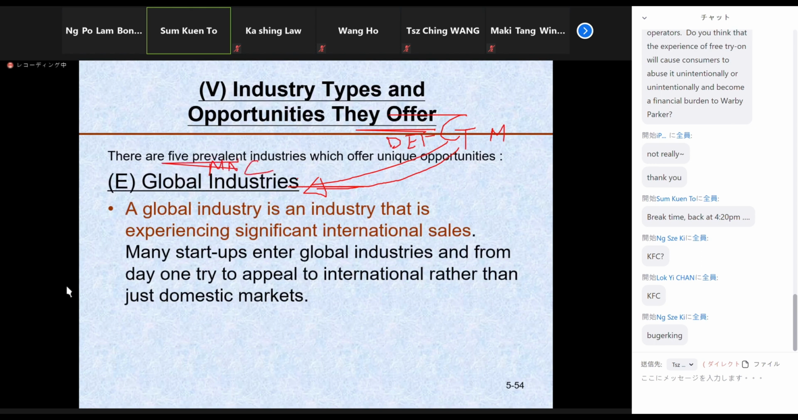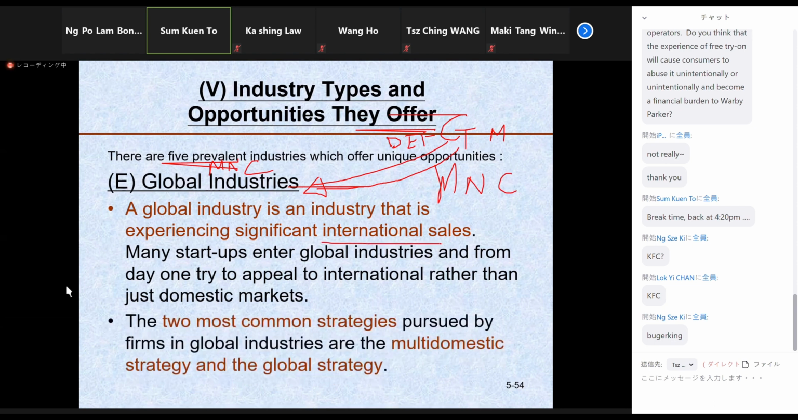MNC stands for multinational corporation, 跨國企業, which is a global company. And then you go for international one. So under that situation, there are two concepts. You might not fully understand, but let me just give you a quick example to demonstrate what is meant by